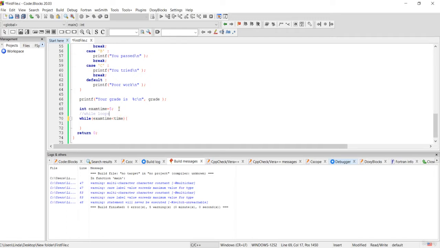and then here we are going to give int. We're going to say int time is equal to 0, like this. And then we are saying that if the exam time is less than this time,